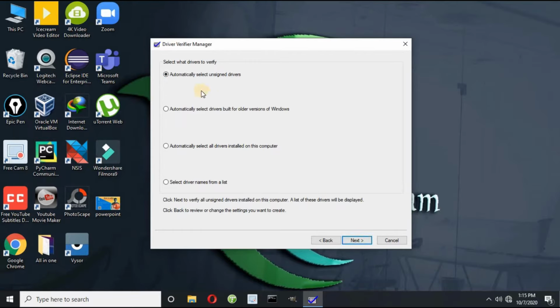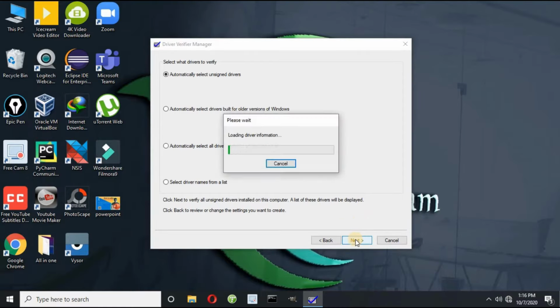Now there are also many options: automatically select unsigned drivers, automatically select drivers built for older versions of Windows, automatically select all drivers installed on this computer, and select driver names from a list. But for now let me click on the first option, automatically select unsigned drivers, and press next.